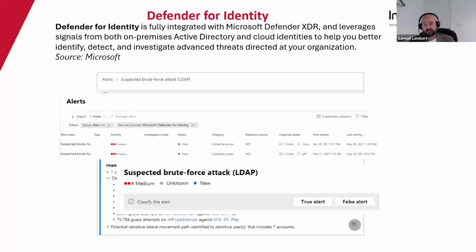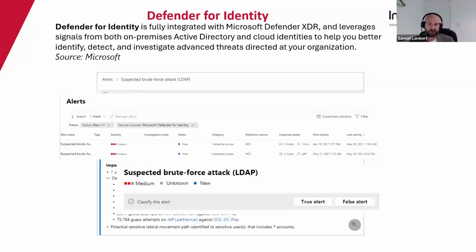It'll also have capabilities, what we put under the umbrella of domain dominance. So if you've ever heard of golden ticket attacks, you don't want them, because that's going to give your threat actors the keys to the kingdom. And probably the feature with less mindshare, I would say, would be the